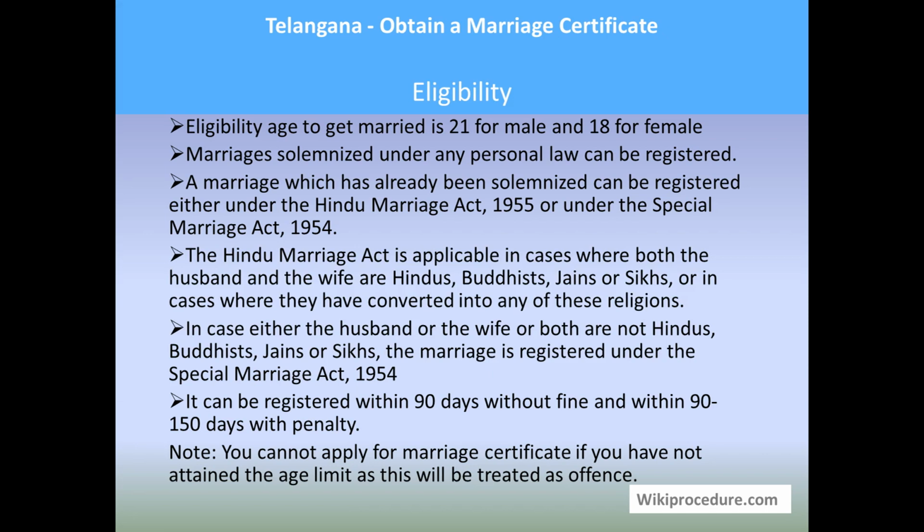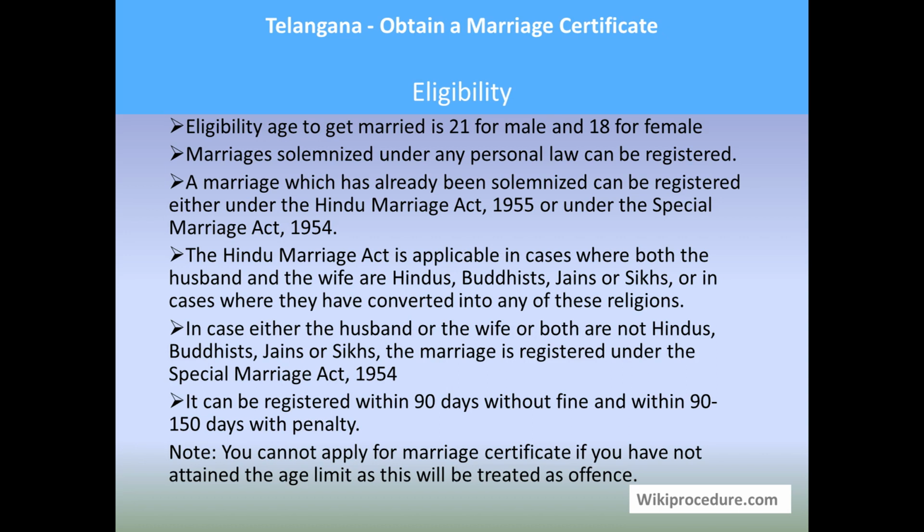Eligibility age to get married is 21 for male and 18 for female. A marriage solemnized under any personal law can be registered. A marriage which has already been solemnized can be registered either under the Hindu Marriage Act 1955 or under the Special Marriage Act 1954. The Hindu Marriage Act is applicable in cases where both the husband and wife are Hindus, Buddhists, Jains or Sikhs, or in cases where they have converted into any of these religions. In case they are not, it comes under the Special Marriage Act